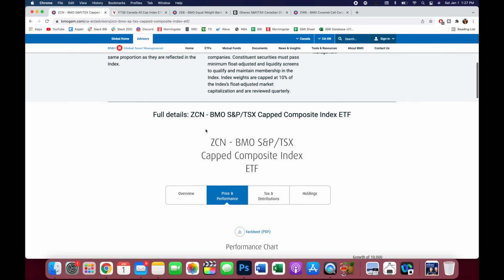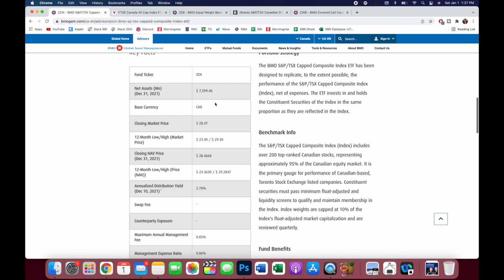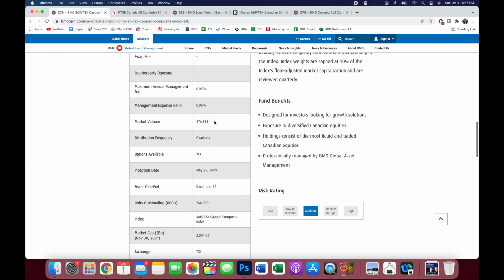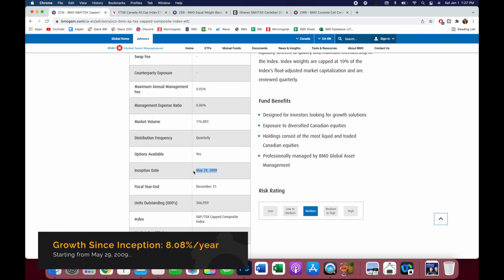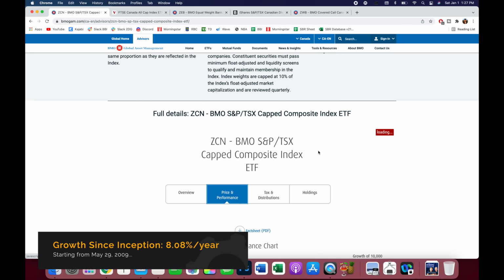You know what, guys? We're going to check this out. We're going for a full review. If you go back to the overview here, you will see the inception date right about here. So since this fund started in 2009, May 29th, 2009, you would have received...